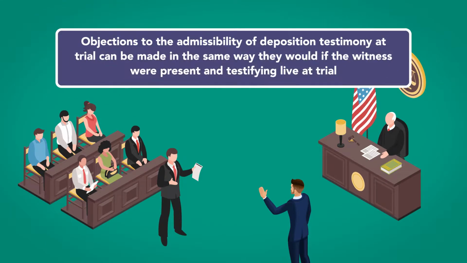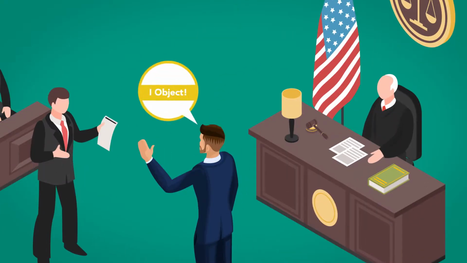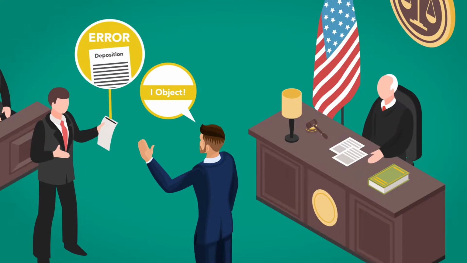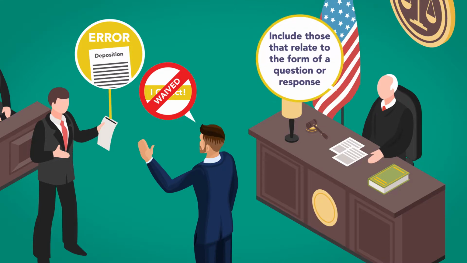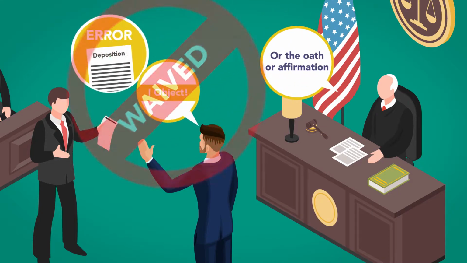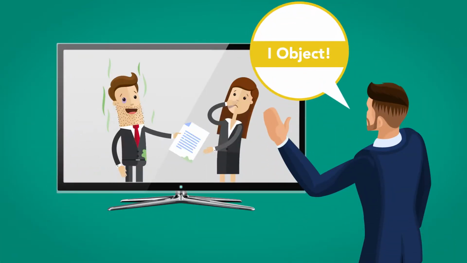Objections to the admissibility of deposition testimony at trial can be made in the same way they would be made if the witness were present and testifying live at trial, unless the objections were waived by not having been raised at the deposition. Objections to an error or irregularity in the taking of a deposition are typically waived if not made at the deposition. Such objections would include those that relate to the form of a question or response, or the oath or affirmation. Objections to the way a deposition is taken may also include such things as objections to the use of